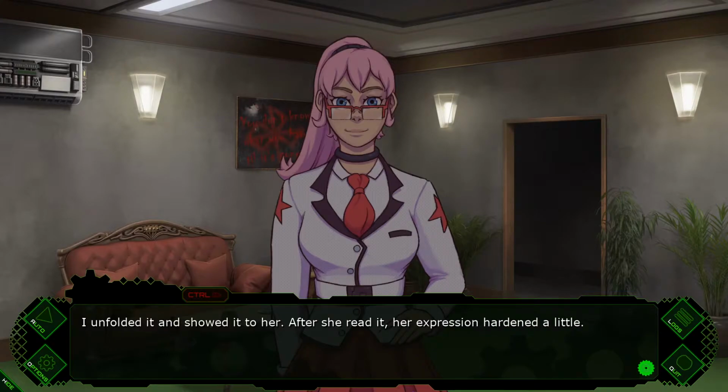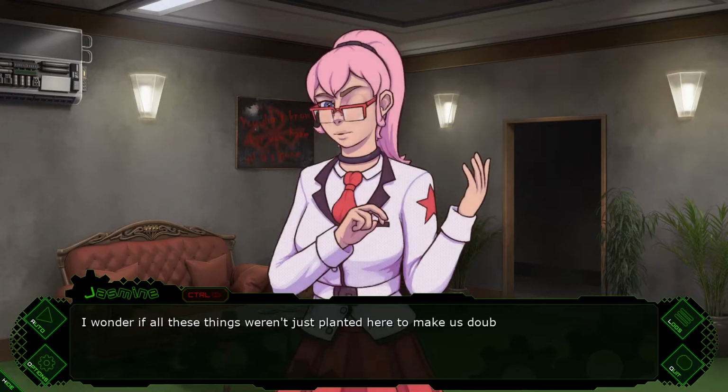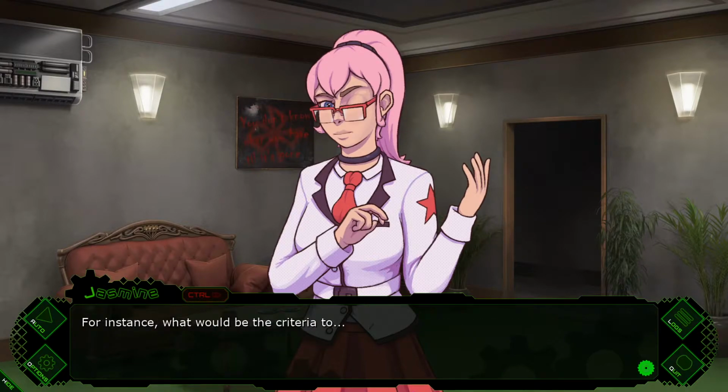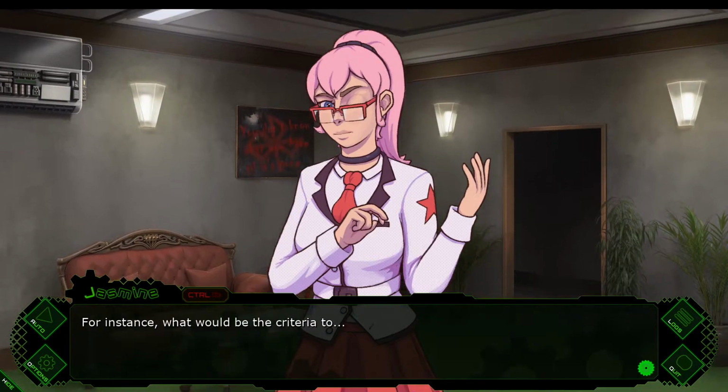She read it. Her expression hardened a little. I could tell she wasn't sure what it meant, just like me. "I wonder if all these things weren't just planted here to make us doubt each other. Can you actually say there's someone who doesn't belong? For instance, what would be the criteria to..."